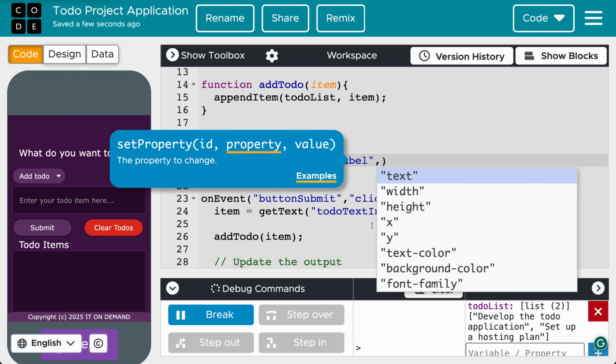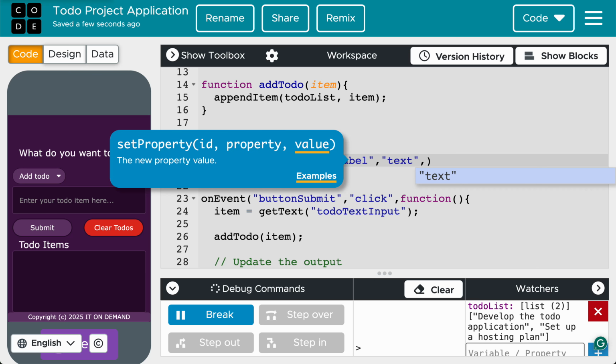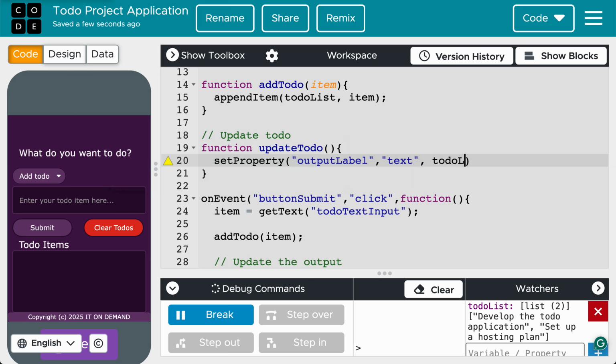And we want to set the text of that output label. We want to set the text to whatever is in to-do list. We want to join each of them, and we want each to be on a new line. So what this does is that it takes each element in this to-do list. Now you recall we have two elements here, right? It takes this first one